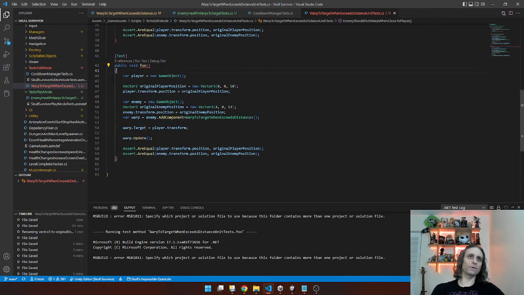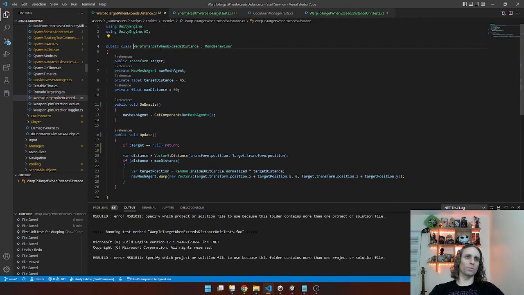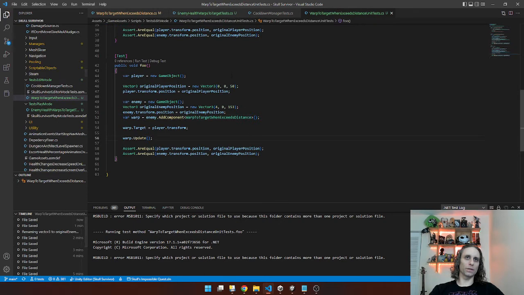So again, foo. Now we're going to move them much farther away from each other. So 153. The warp location is 50, so this should be way far away from each other. And yeah, so